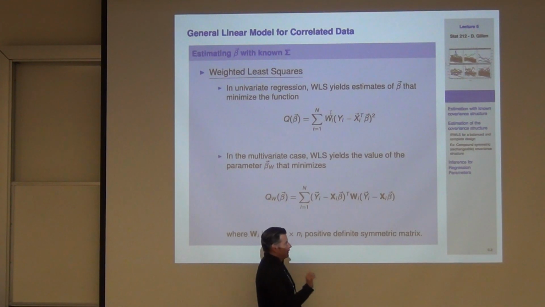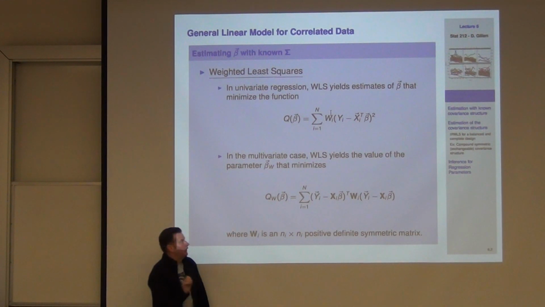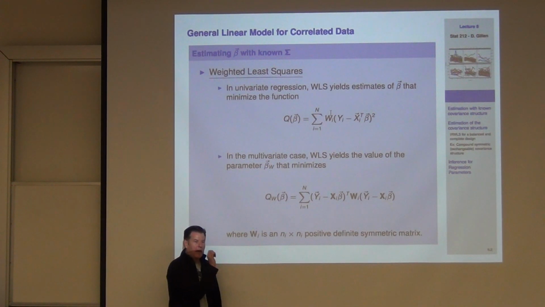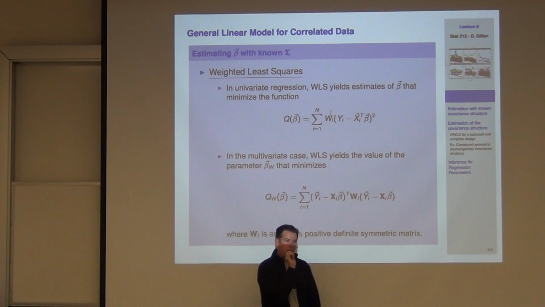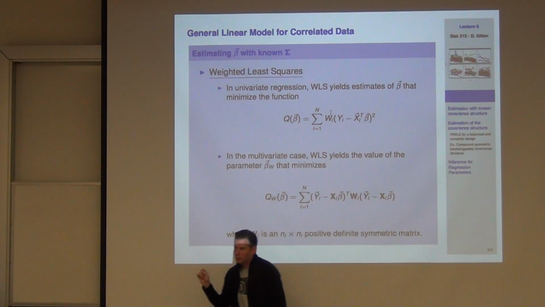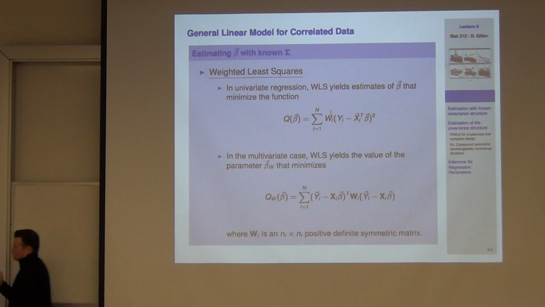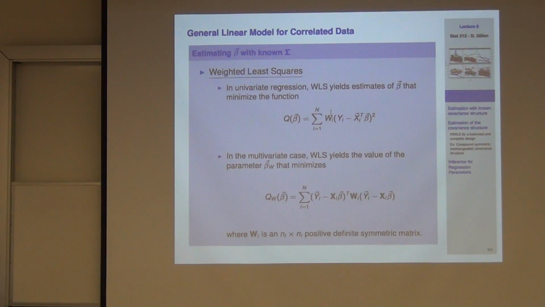And you learned very quickly that the case where you would want to put a weight on this is when you had heteroscedasticity. And the ideal weight that you wanted to put on that was 1 over the variance for each yi. And that was because Gauss-Markov told you that that would get you back to the homoscedastic case, truly, if you transform the model by multiplying by 1 over the square root of the variance.